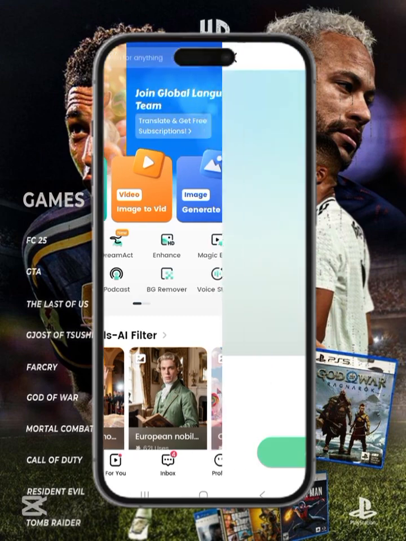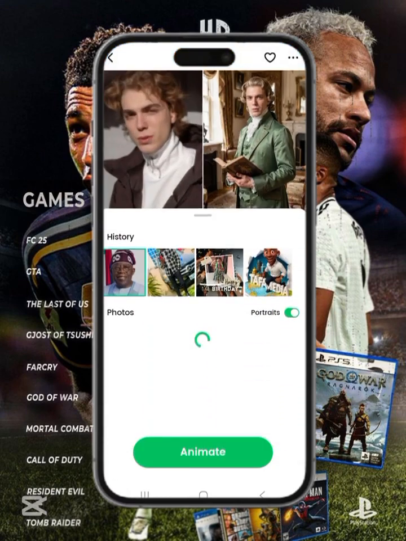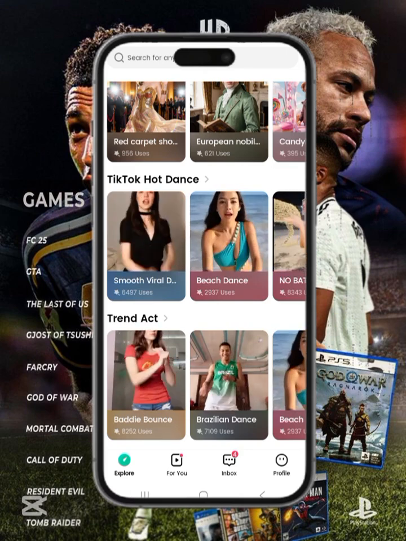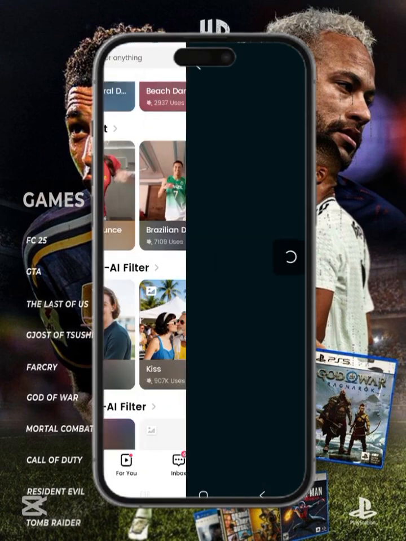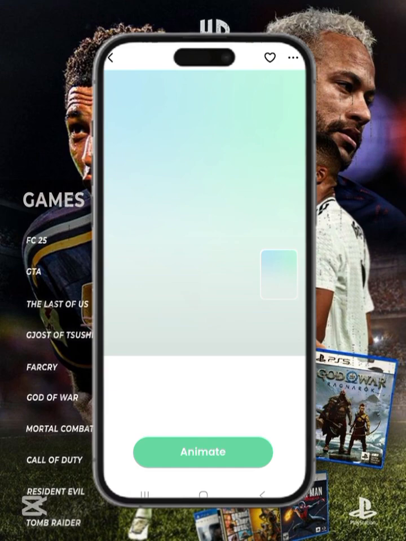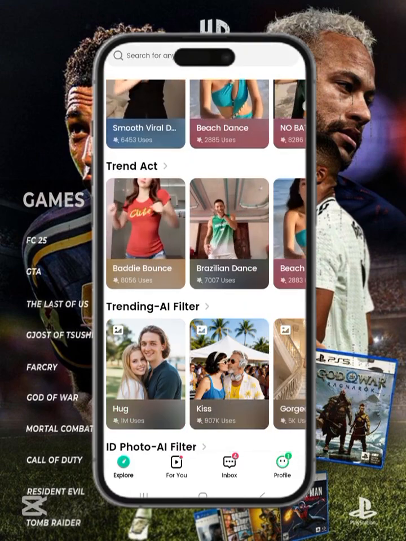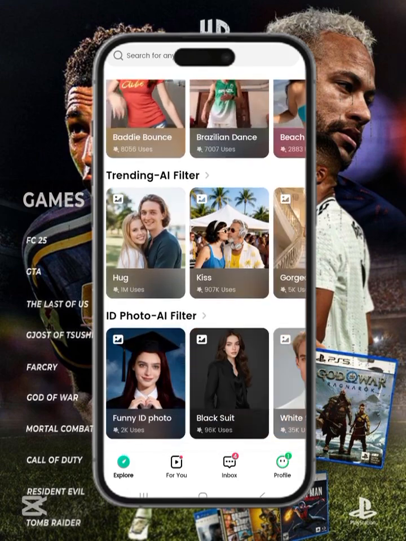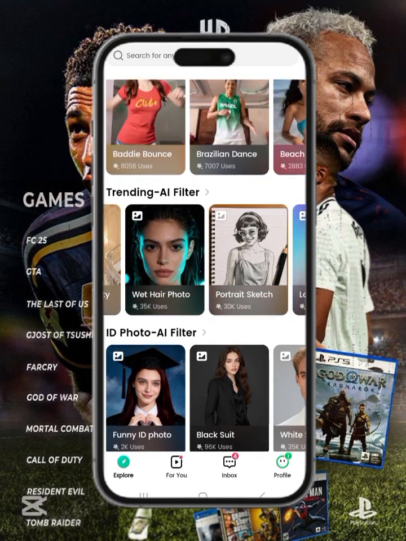Go to explore. You see a lot of templates that you can use. Image generation, video generation, dancing, a lot of things that you're going to be seeing. Content creation can be somehow. You may be thinking, what content can I create? So you have enough templates here that I can just use. Even images, if you want to create images, instead of going to ChatGPT to always generate